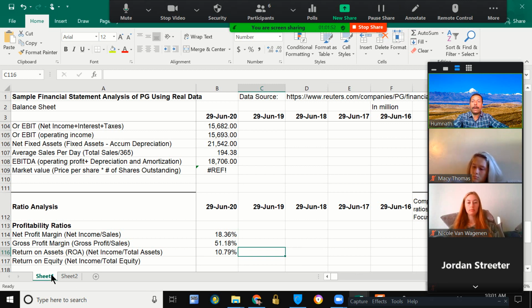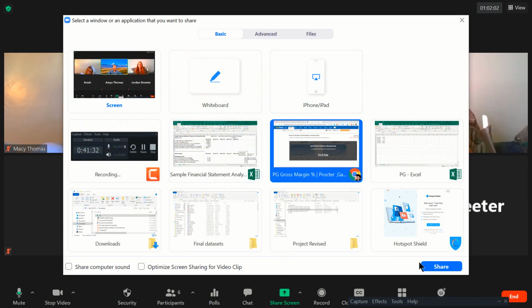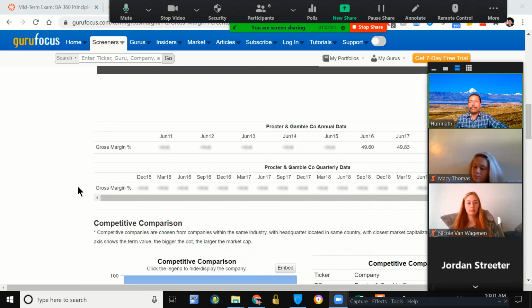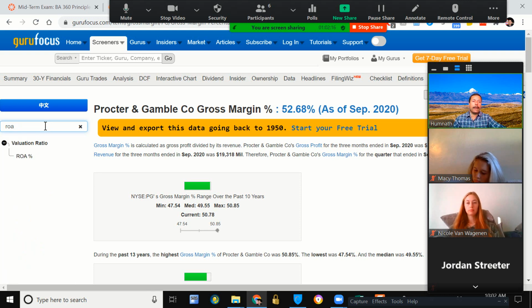Okay, so we are trying to find out ROA, return on assets. Let me go to the website and then we can try again. We are trying to find out ROA, and please don't search over here. You cannot find that. You have to search over here. You can search, for example, ROA. Look at that, ROA is there, right? You can go to valuation. So you click ROA, and then